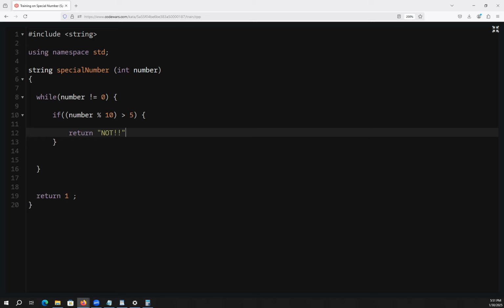And there you go. That's what you do when you have a not special number. But if we go forward, we want to take the digit from the ones place and remove it from our number.